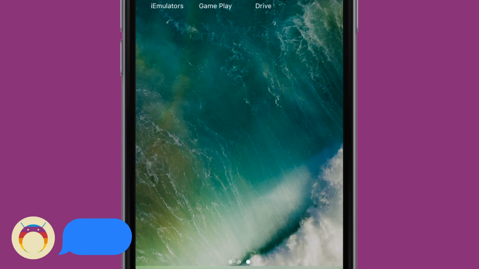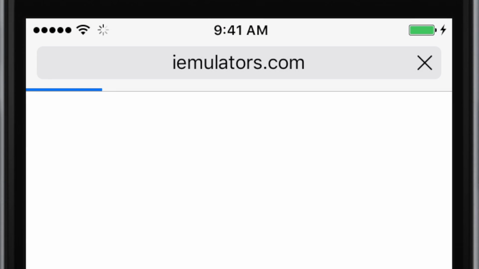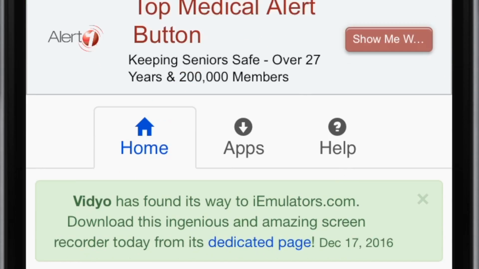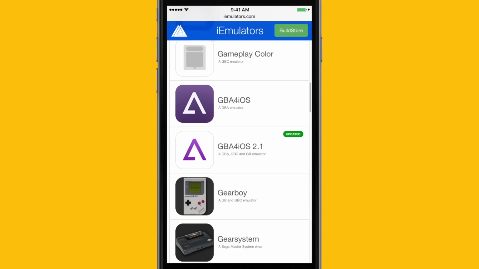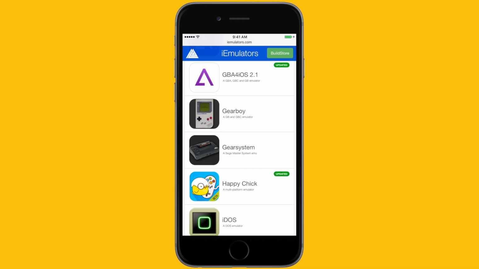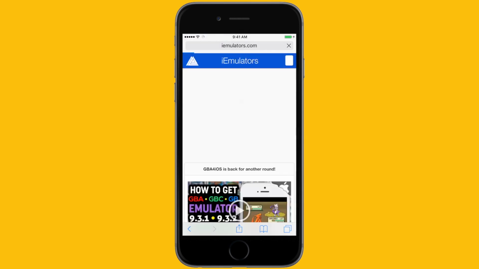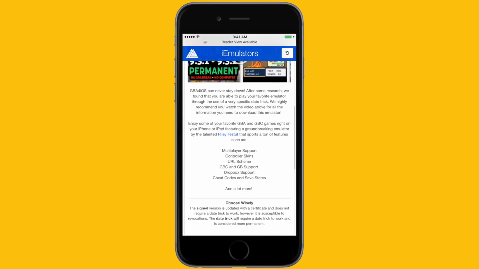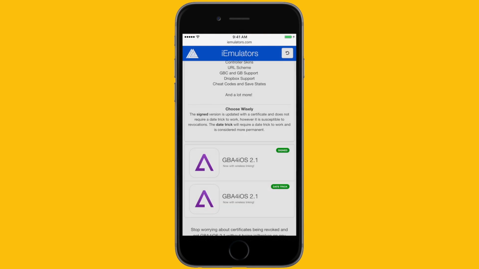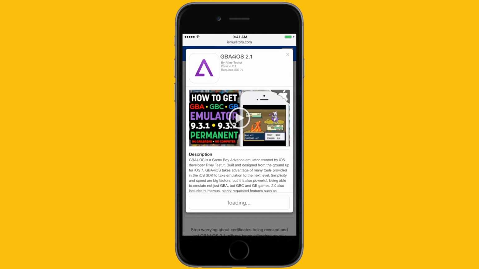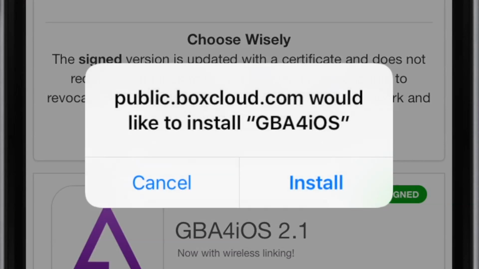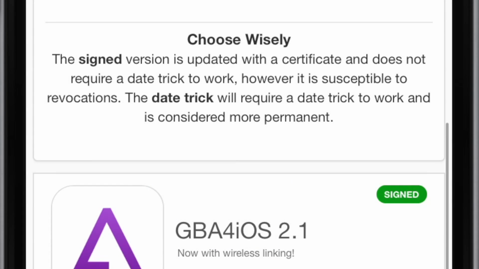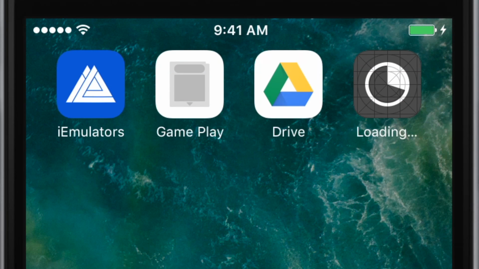But before we do that, let's show the others how you can get GBA for iOS, another Game Boy Color emulator. And you can do it the same way by heading to Safari, typing in the URL emulators.com, switching to the app section, clicking on GBA for iOS, and heading to its dedicated page. From here, you can click on GBA for iOS and go through all the install prompts until you get the final install here, and go ahead and click install, and it will begin to install onto your home screen just